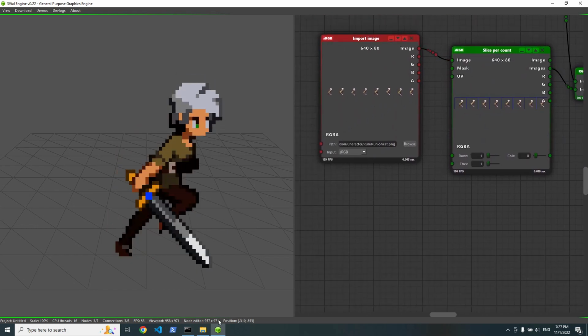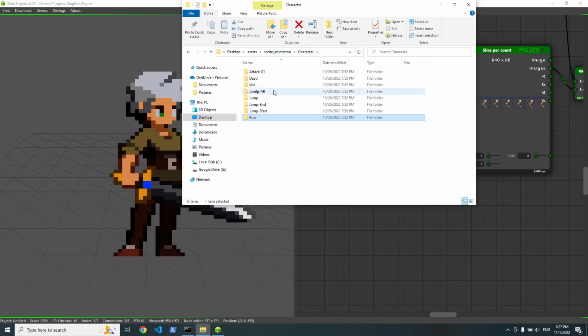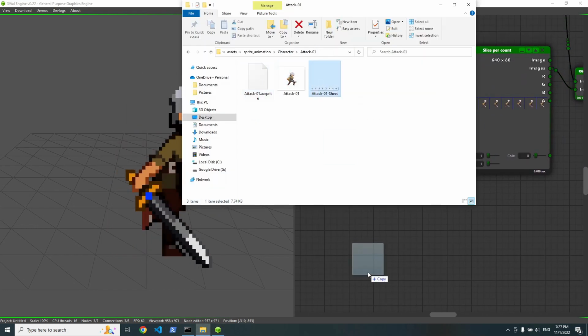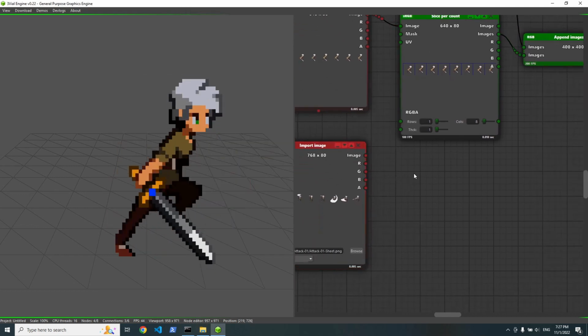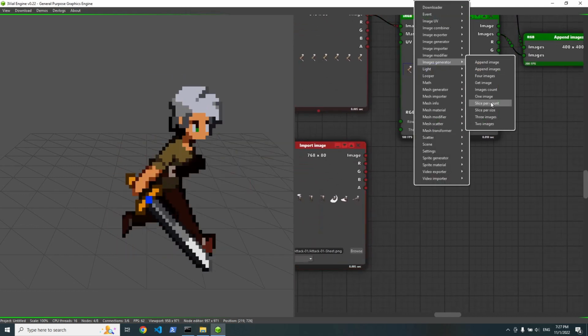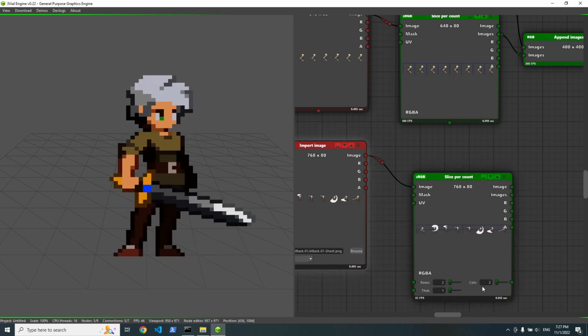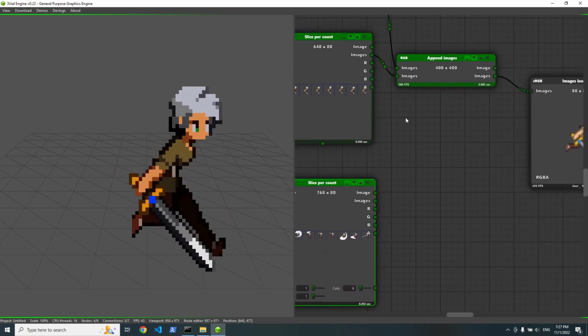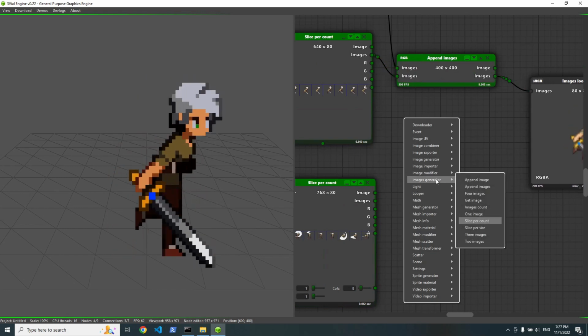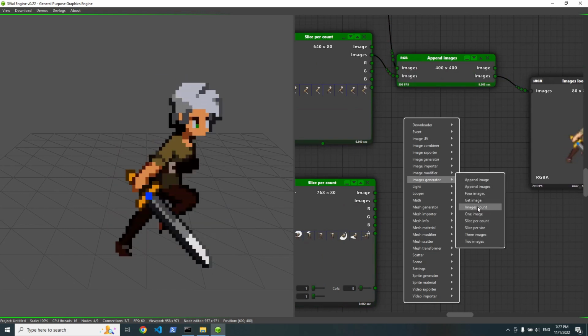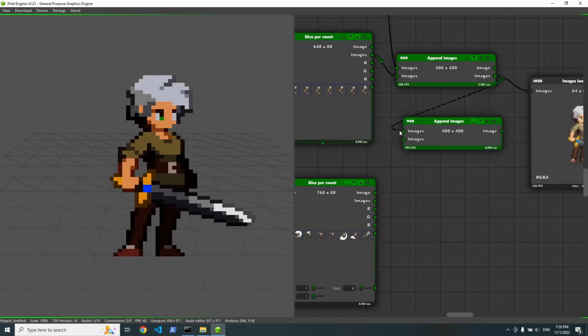We can now connect even more. So let's say we pick an attack animation. Also slice it per count. Again, 8 columns, 1 row. We can append that to the initial array. So append images, use the first